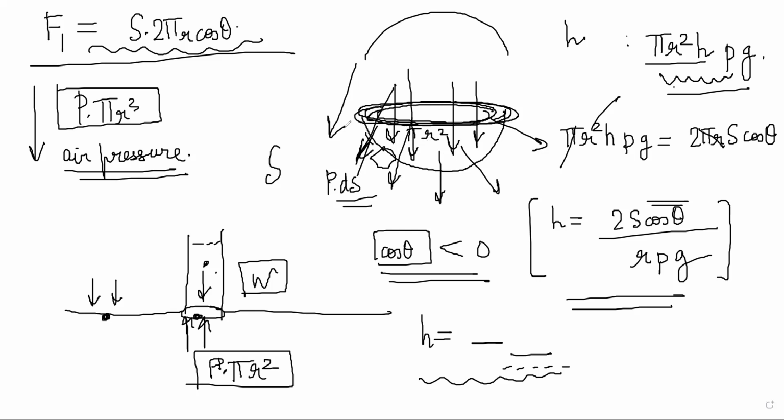Actually, he has not drawn the FBD for that. We can think about it, but right now he's not focusing on that part. He's just saying if h is negative, this formula gives depression. If theta is obtuse, you will get depression from this formula. So probably you should try and work out how the free body diagram for the depression will look. I will also think about it. I have not done that yet.